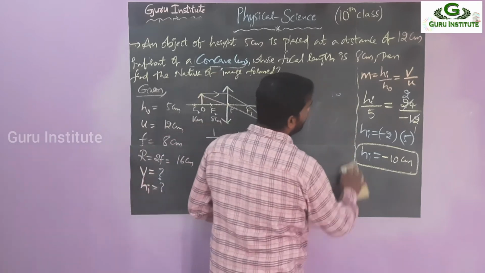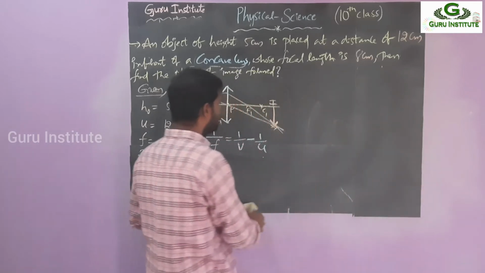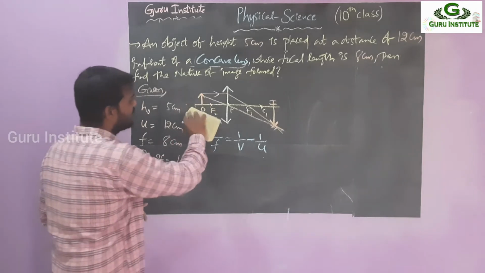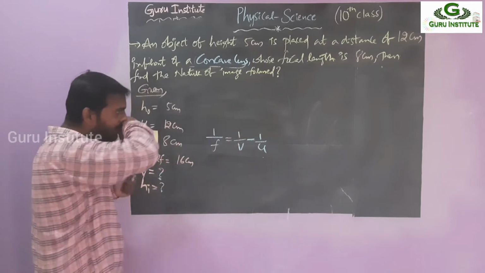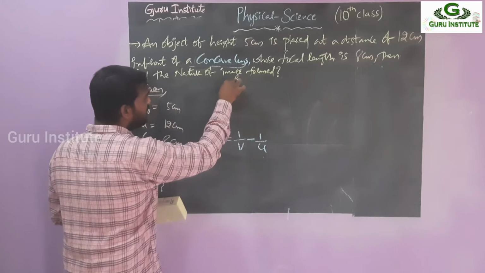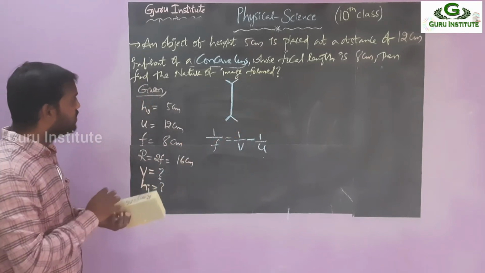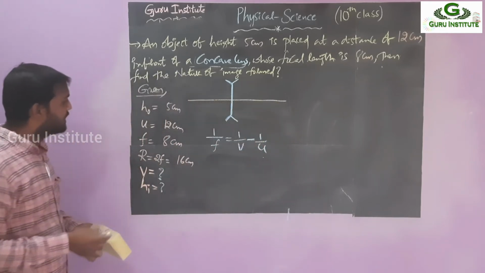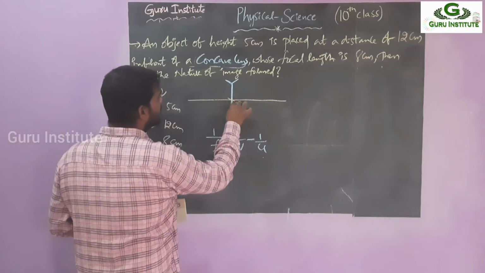So again, you have to draw the rough diagram. Same data. If he is asking for concave lens, what should it be? So we have to draw the picture again. Already we know that in a concave lens, anywhere you take the object, the image is formed in between P and F only. So without doing the problem also, you can tell the answer is between P and F. P is 0, F is 8. That means you will get an answer between 0 and 8 only.